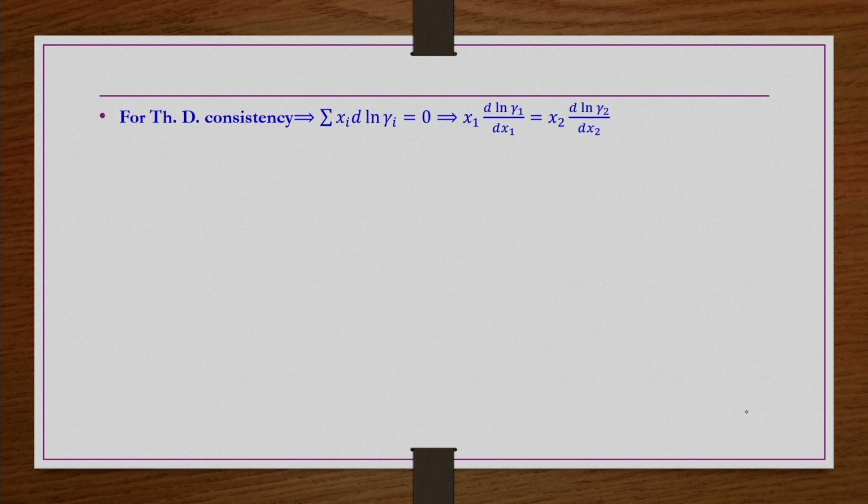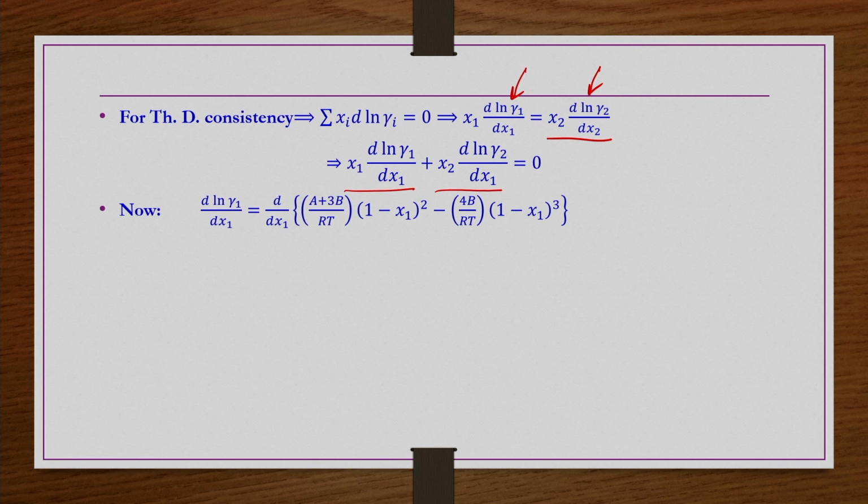Then for thermodynamic consistency we have to see x1 d ln gamma 1 by dx1 plus x2 d ln gamma 2 by dx1 should be 0. If you write in place of dx1 minus dx2, because it is a binary system, so dx1 plus dx2 is equal to 0, that means dx1 is equal to minus dx2. Then the term minus x2 d ln gamma 2 by dx2, if you take to the right hand side, you will have x2 d ln gamma 2 by dx2. So, either way you can check: you can do this one and then this one, add them together to see whether it is 0 or not, or otherwise individually you find out this one and this one, and check if both of them are equal or not.